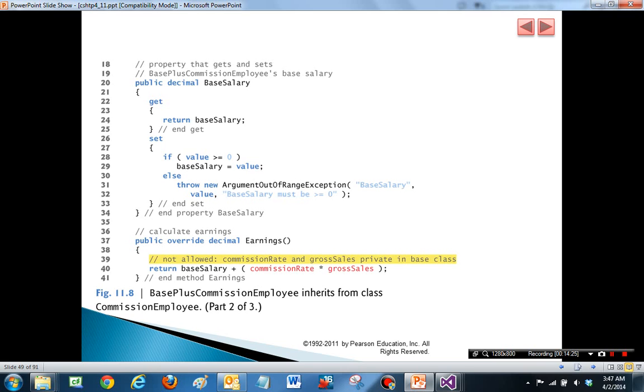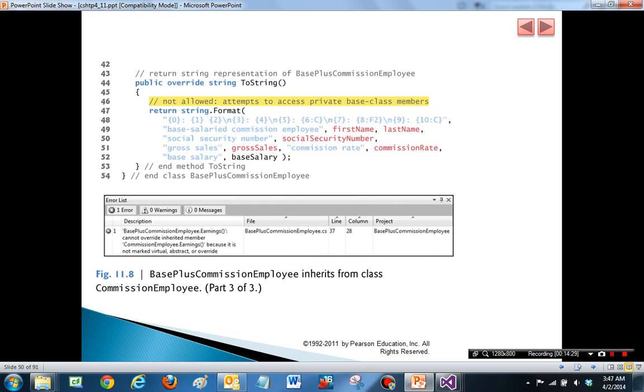So there is actually an error in that code, and therefore it will not compile. Similarly, in the toString method, the private attributes of the base class, first name, last name, social security number, and so on, are also indicated in red by the compiler, and if we try to compile, we get errors because we don't have access to those